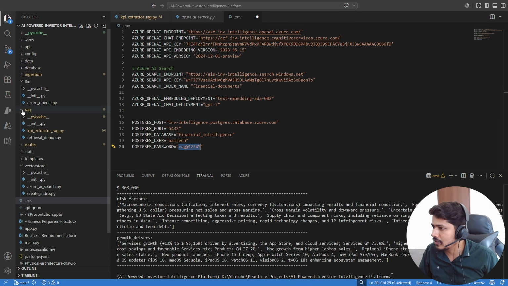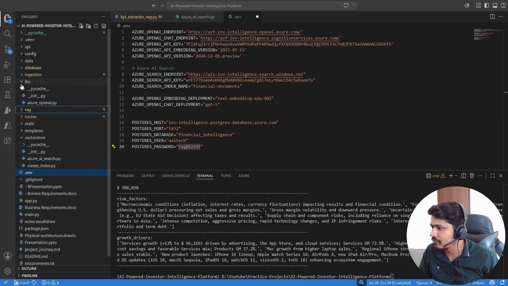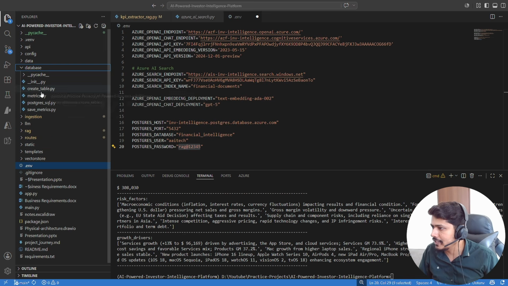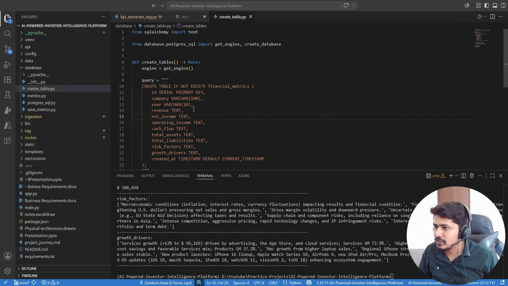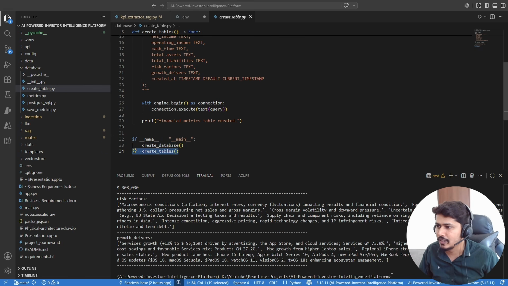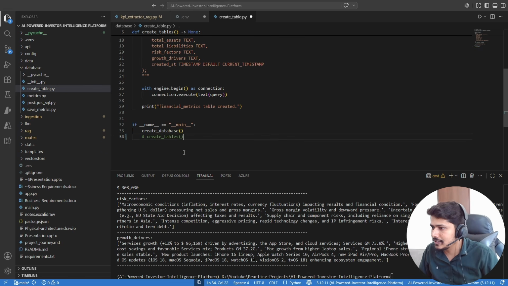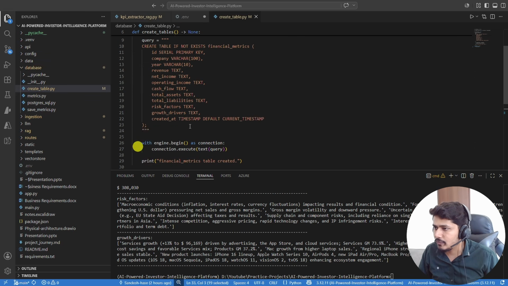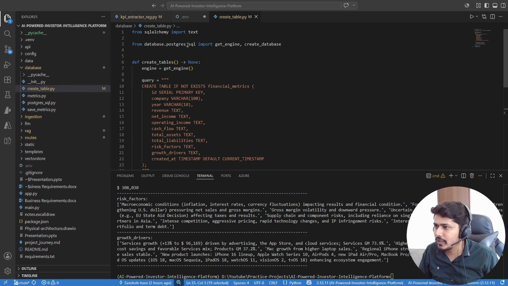First come to the code and you will find the folder called database. Let me hide all the rest of the details. Under database, if you see, we have create_table.py. So you can go to this. First of all, we will have to create the table. First it will create the database and then it will create the tables underneath. So let me hide this and we will create the database. First, it will check whether the database is available or not. Where we have defined that, if you see, we are importing create_database and get_engine from